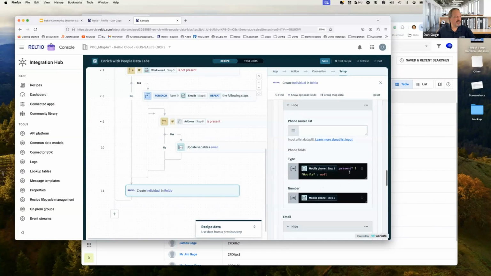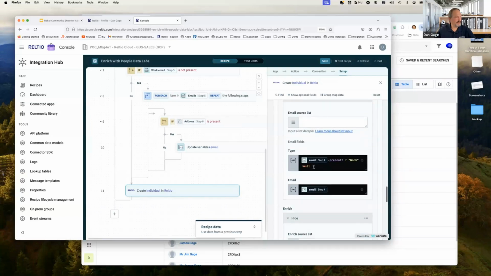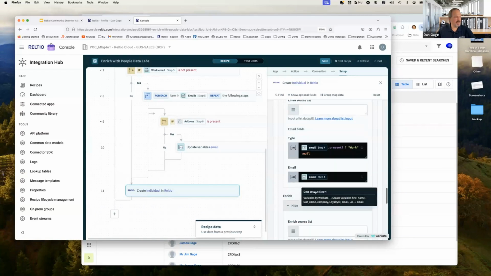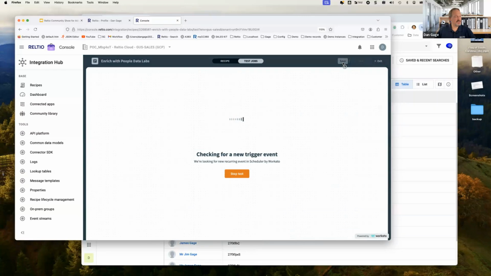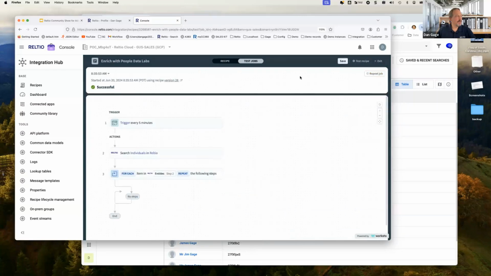And again, we're checking to see, is the type of phone number present? If so, make it a mobile and bring in the mobile number. And then is the email present? If so, it's a work email, and we bring that in. And again, there's a lot more information that could be out there, but if we simply just test this recipe, it's just going to run through and,